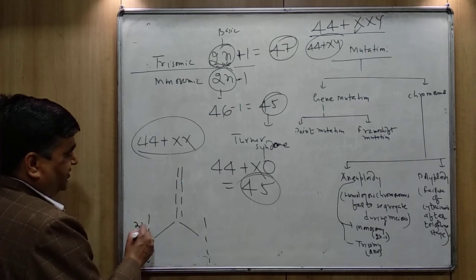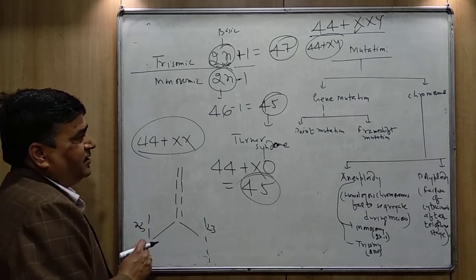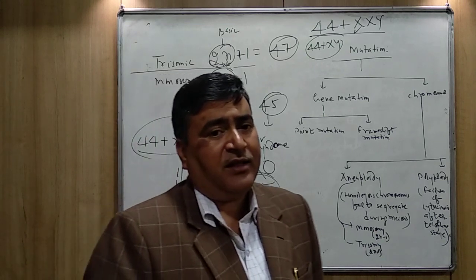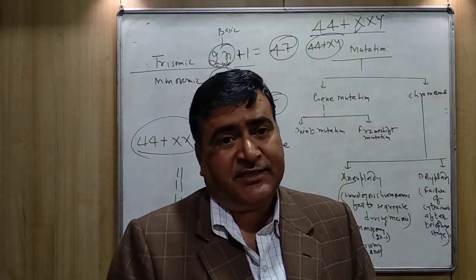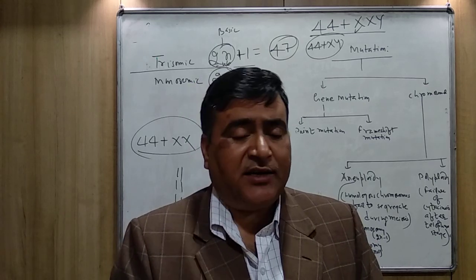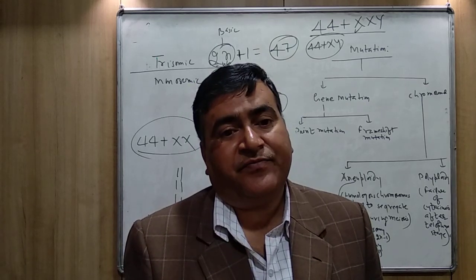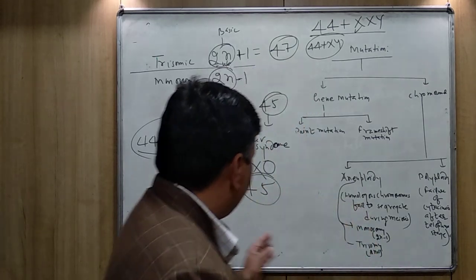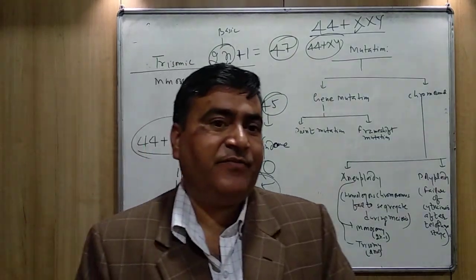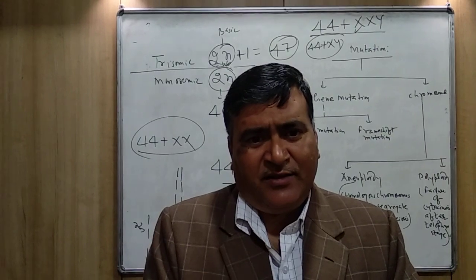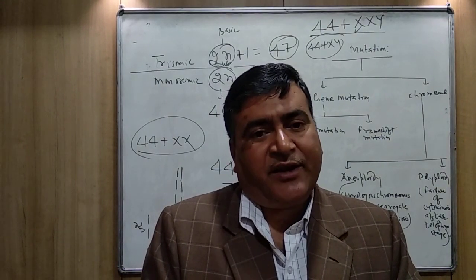So 23 come here, 23 come here. But suppose there is any error during the segregation, if the paired chromosomes fail to segregate properly in a pair, it can cause